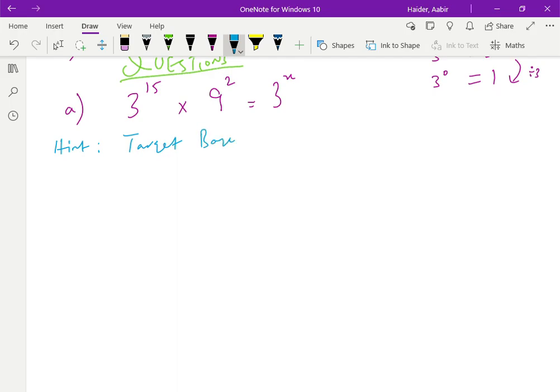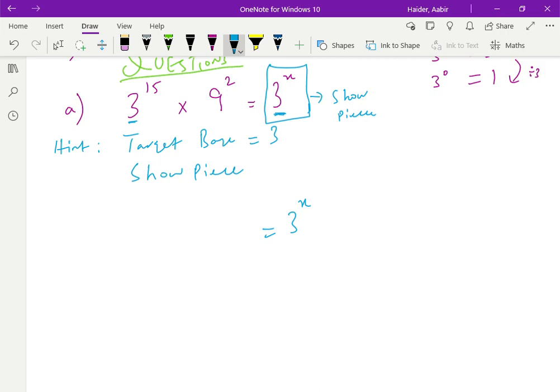Think of a target base, right? Oh, in this question, I can think of target base as 3 because 3 is a prime number. It cannot be further broken down, and I can clearly see a 3 here and a 3 here. Okay, so these type of questions I call showpiece questions, in which the right hand side is just a showpiece. So you can just copy the right hand side. This is a showpiece actually. Okay, this is acting as nothing but a showpiece. So you can just simply